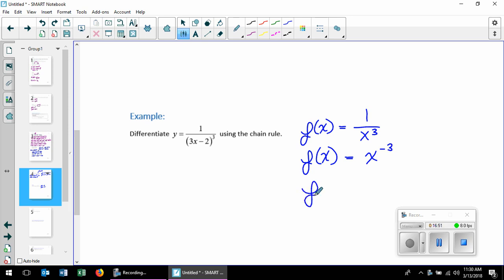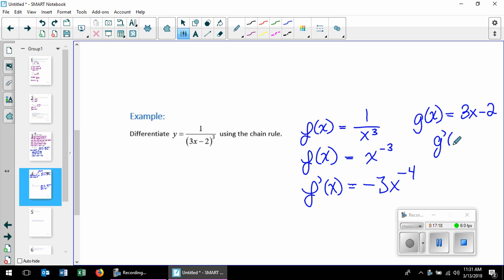And then the derivative for this is going to be negative 3 x to the exponent what? Negative 4. That's a really easy spot to make a mistake, turning that to a negative 2, but you're subtracting the 1. And g of x is 3x minus 2, and the derivative of g of x is